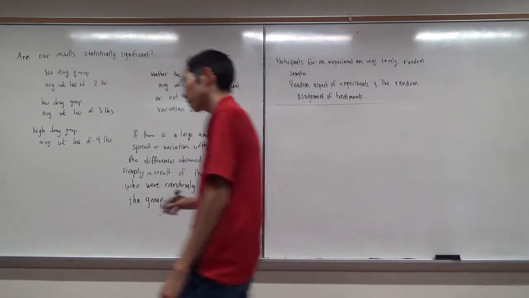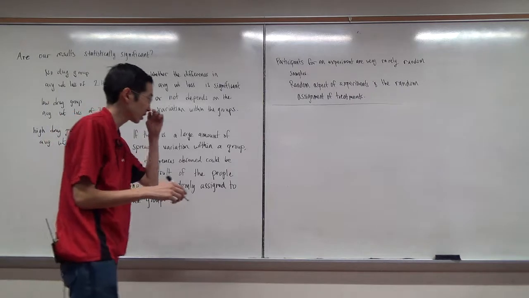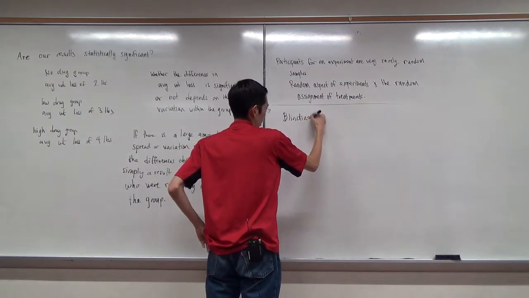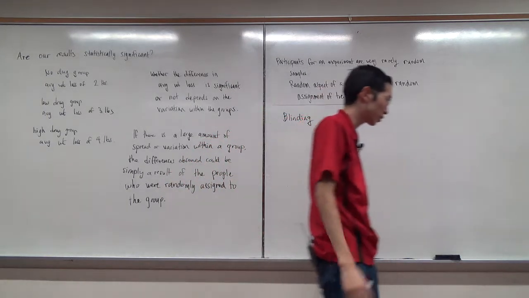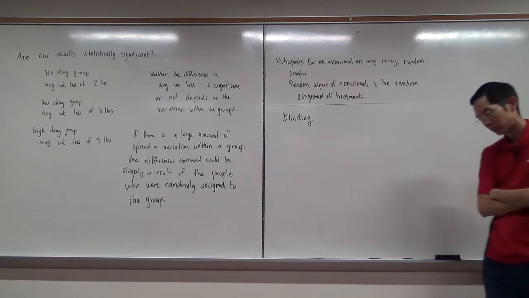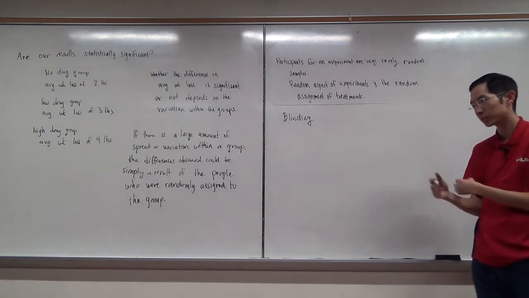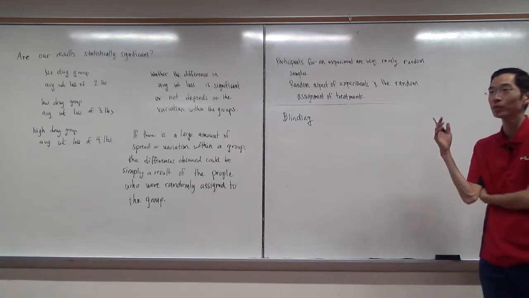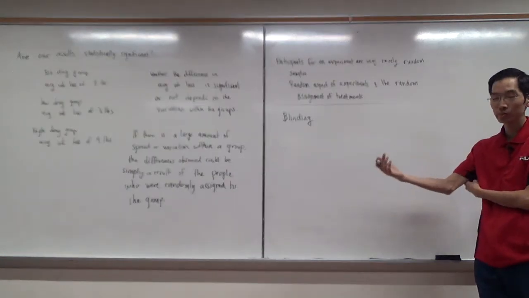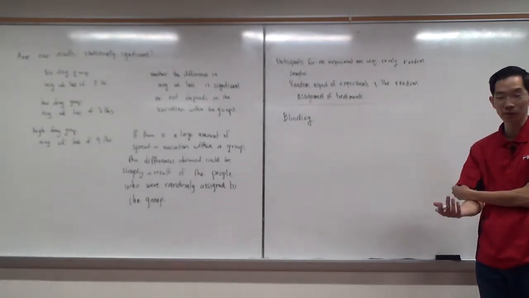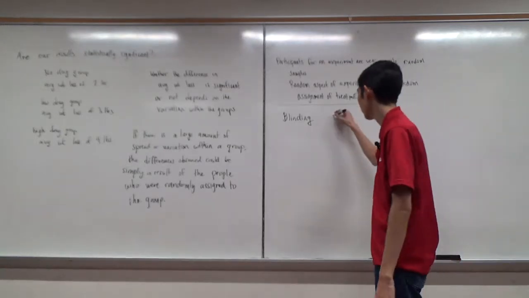And then there's one aspect of experiments. Okay, so the idea of blinding applies only to experiments. Okay, and blinding is another way for us to further the element of control. A lot of times we suspect that when people are aware of what treatment they are receiving, that could play a role in the results that we see. So blinding prevents